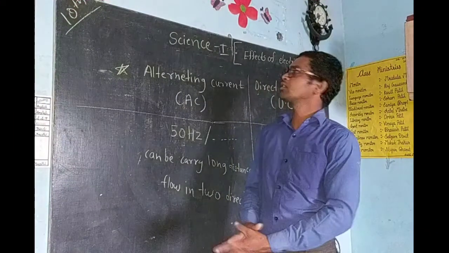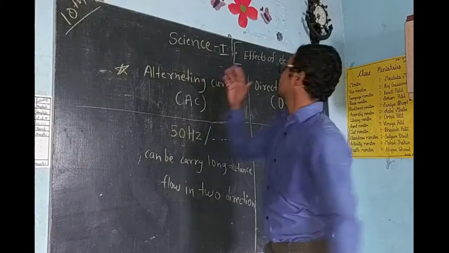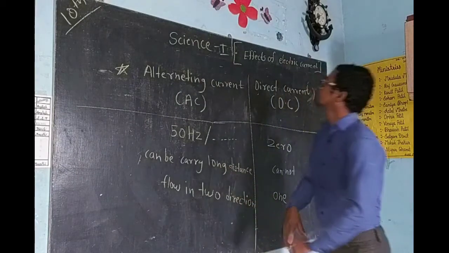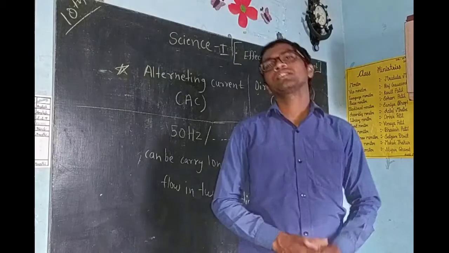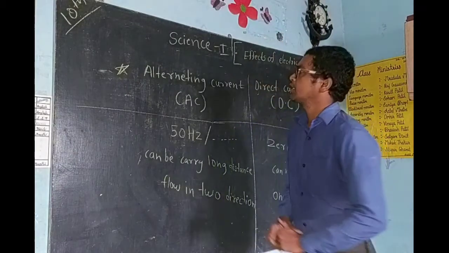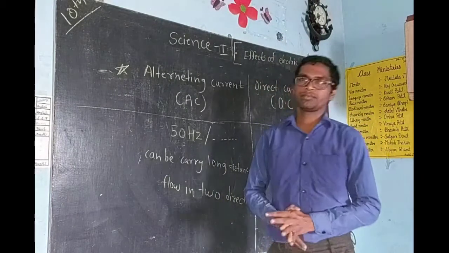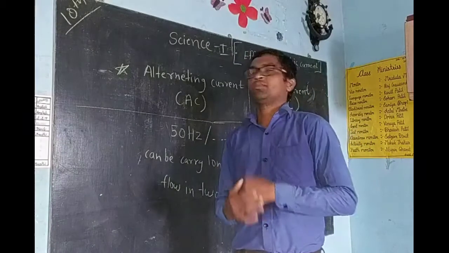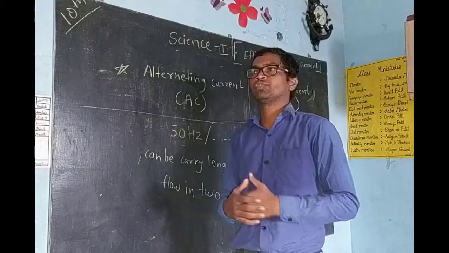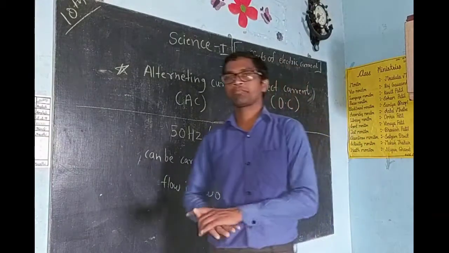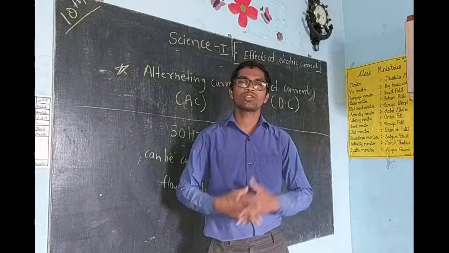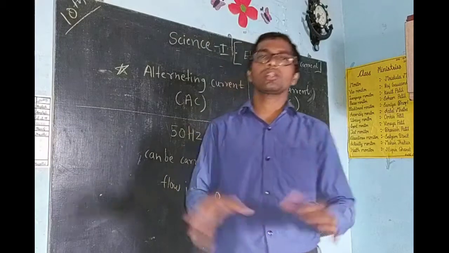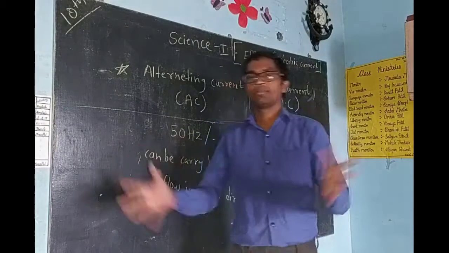In the last session, 10th standard science part 1, fourth topic, effects of electric current. This topic is going on, and in the last session we have learned about potential difference, current, generators, motor, Fleming's right hand rule, left hand rule, right hand thumb rule, electromagnetic induction. So these all concepts we have learned in the previous session.